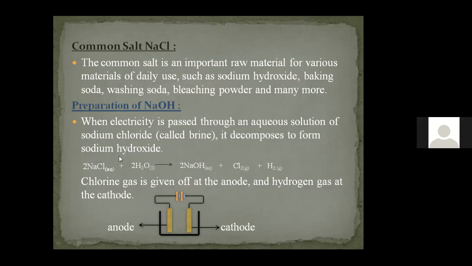So we take sodium chloride in aqueous form by dissolving it in water, and we supply the electricity. When we supply the electricity, the sodium hydroxide is collected in the container in liquid form, whereas the chlorine gas is liberated at the anode, because chloride is a negative ion which moves towards the positive electrode. At the same time, the H+ ion moves towards the negative electrode and is liberated in the form of hydrogen gas. So this is how sodium hydroxide is obtained from sodium chloride by the electrolysis technique.